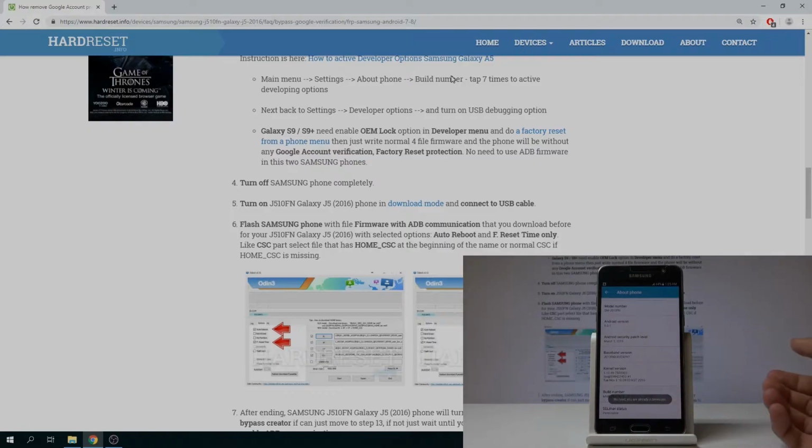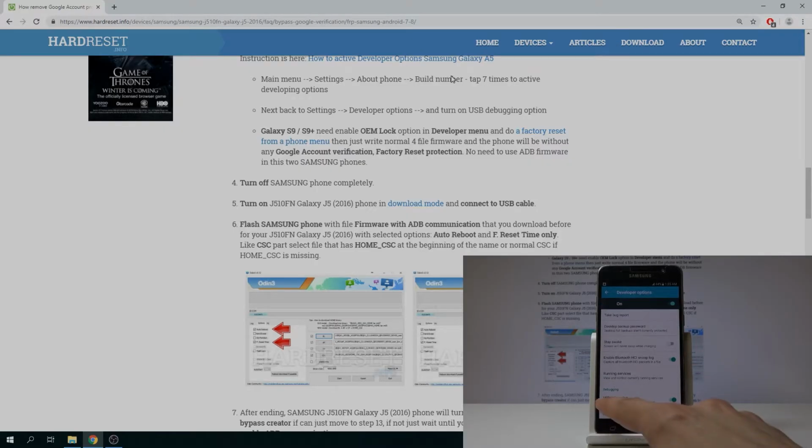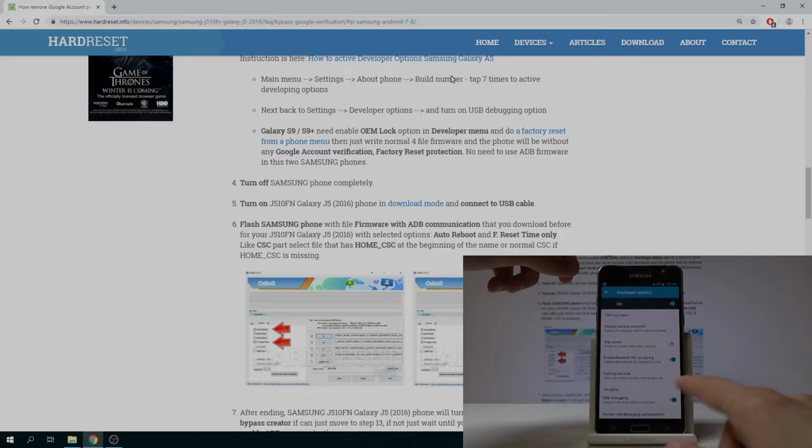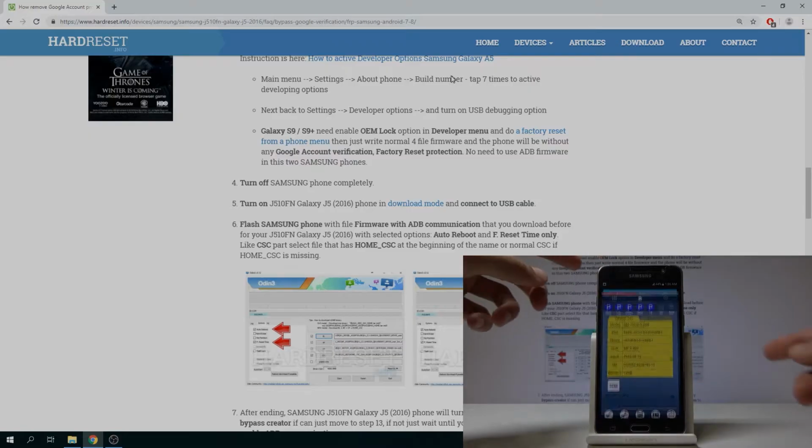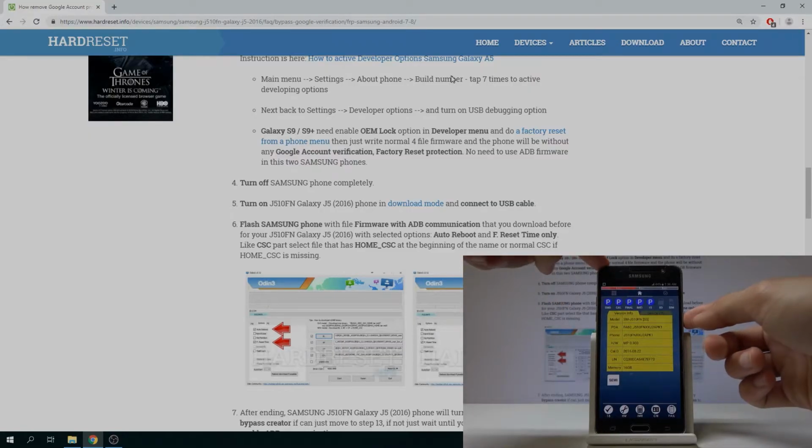Now I'll see that I'm already a developer, so it won't show up, but basically when you tap it 7 times, you will start getting a little countdown, and then it will say that you are now a developer. And if you go back, you'll have this above, developer options. From here you want to go and make sure that USB debugging is enabled, as it is right here. Assuming for me it was enabled when I first launched this, but if it's not, make sure that it is. And then we can just quit this and hold the power key to turn off the device once more,